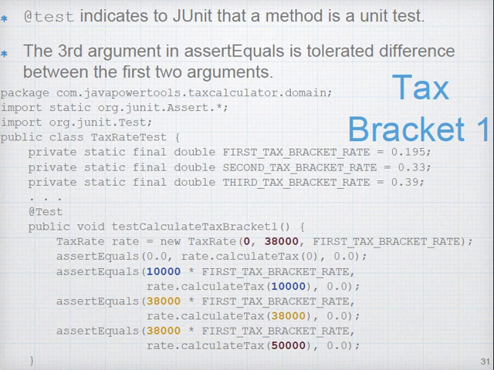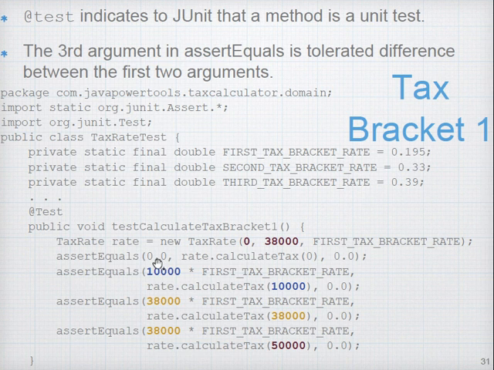So let's be true to our test-first development and write the test. We define the tax rate with some constant name, and of course we need to import JUnit, the JUnit test and JUnit assert. From the assert package, we can call assertEquals. There are other ones, like assertTrue and assertFalse. So what assertEquals does is